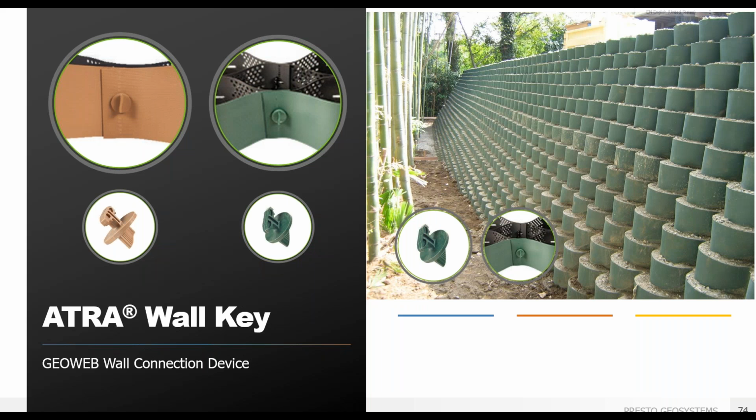The ATRA wall key is the major component for a completely integrated earth retention system and is used to connect the adjacent GeoWeb retaining wall sections through the material eye slots. The ATRA wall key includes an integrated washer at the base of the handle for coverage of the eye slots, frictional barbs for an improved interlock with the GeoWeb sections, and an ergonomic handle with S-shaped contouring for ease of